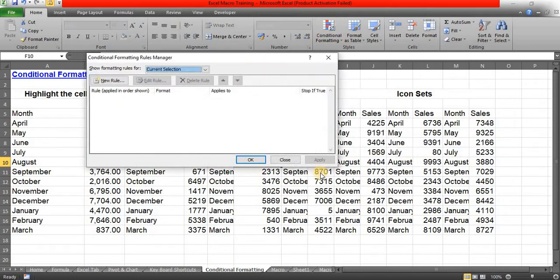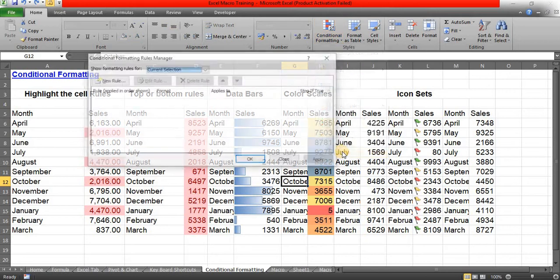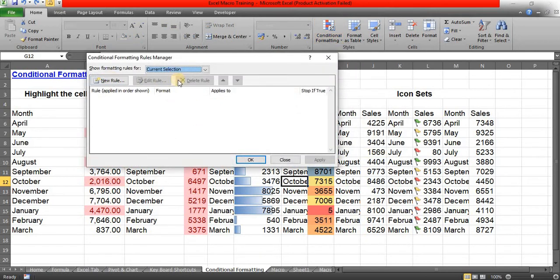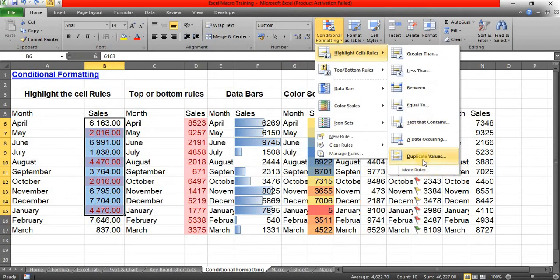Manage rules. Here we have the list of all the conditional formatting. Previously we had some, so undo. Now go to manage rules, and whatever conditional formatting is applied, everything will be displayed here. From here you can do any options. So let me apply the conditional formatting once again.